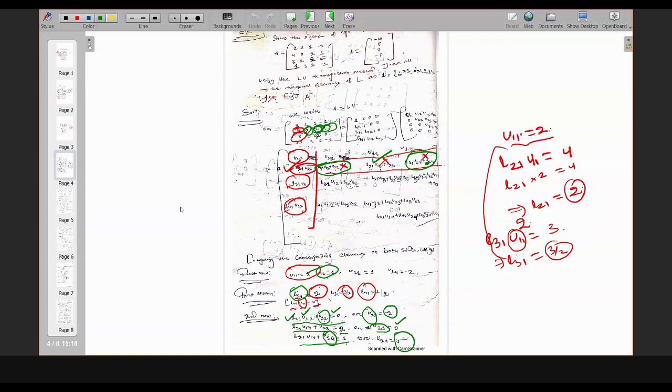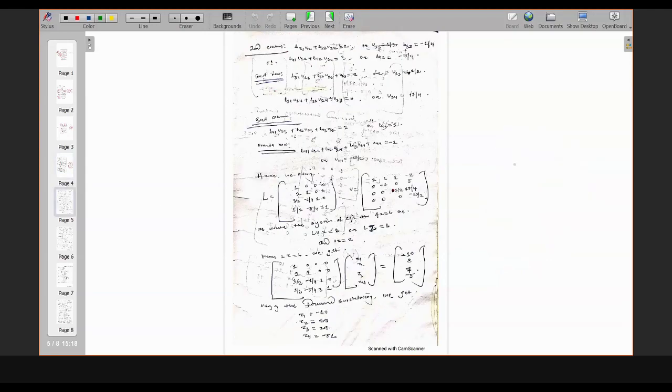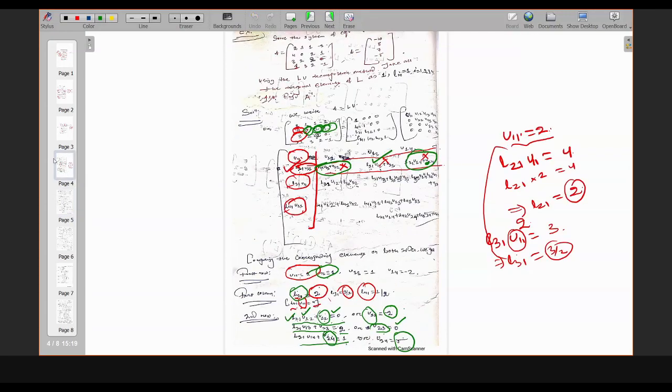Okay, so next you can go for the second column. First row, first column, second row, second column. So the second column you can see here. Now you come to the second column. In the second column you already compared the first two elements. So the remaining two elements, these and these, you have to compare with the corresponding elements. The corresponding element of this element is this, and for this it is this. So that I had written.